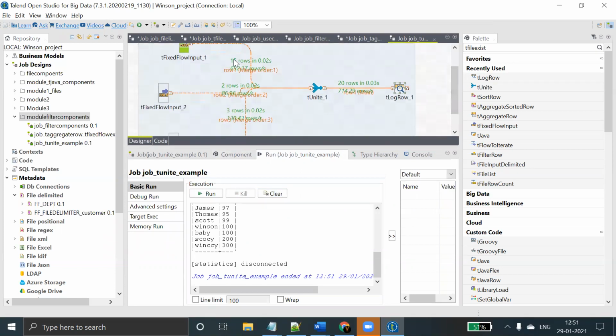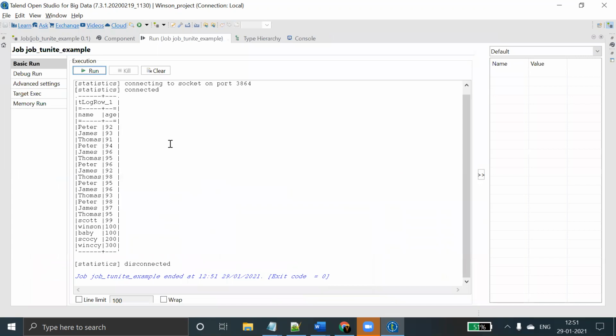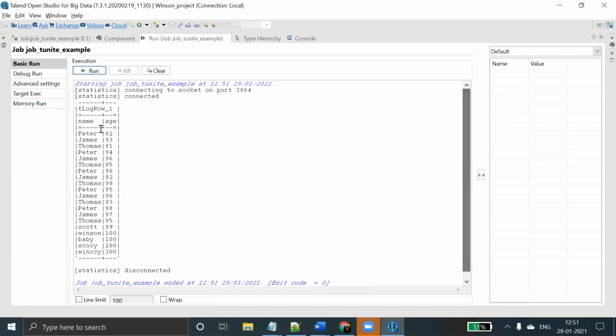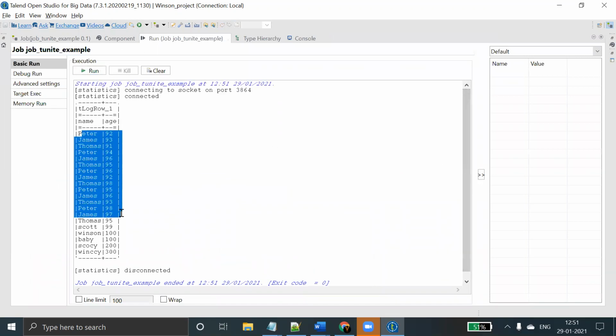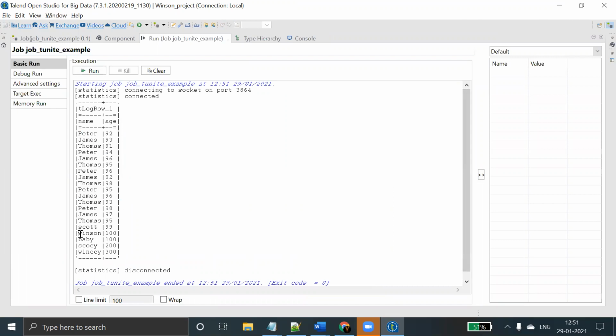Suppose you see 15 records from one source, 2 records in another source, and 3 records in another source. 15 plus 2 is 17, plus 3 is 20 records total. You can see 20 records are there. From the first source Peter, from the second source Vincent, and the third set. It is clubbing actually.